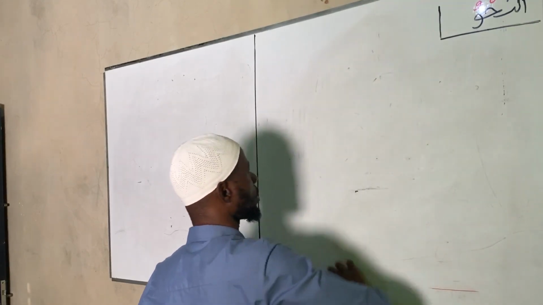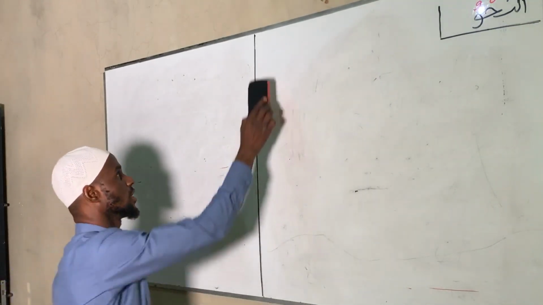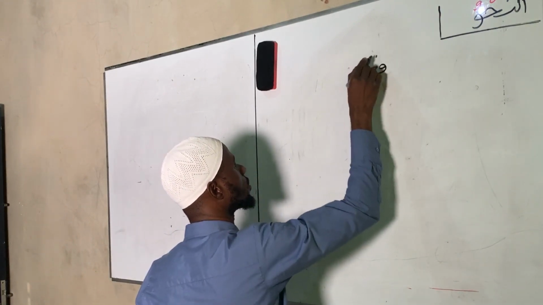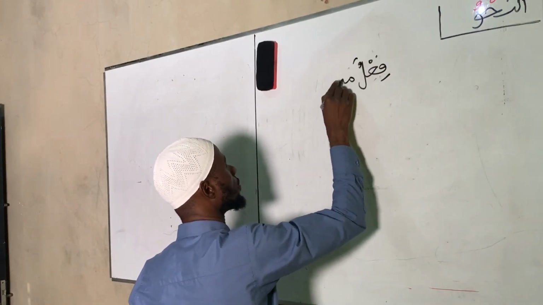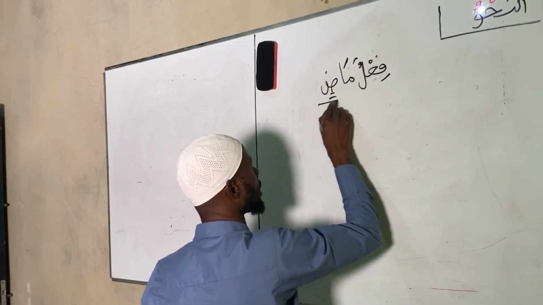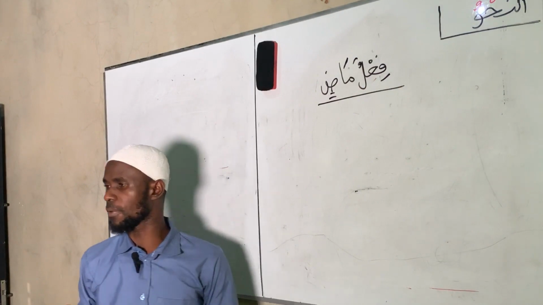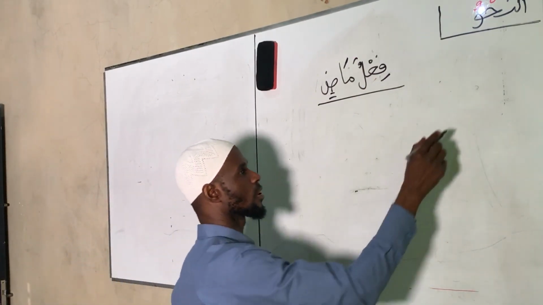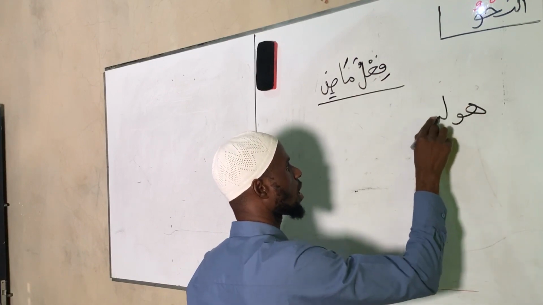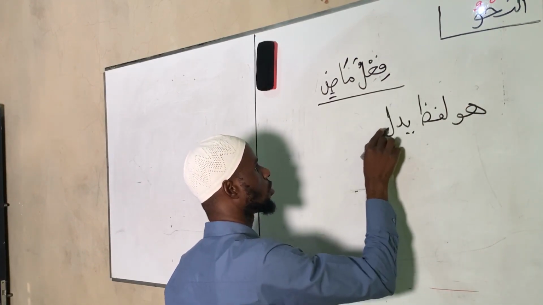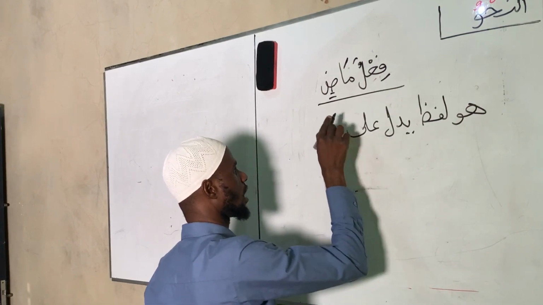So the first we're going to take out of the tenses is fi'lun madin. And fi'lun madin means the past verb. So let's define the past verb in Arabic language. We say huwa lafdhun yadullu ala